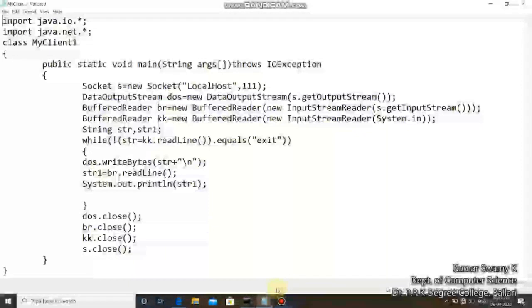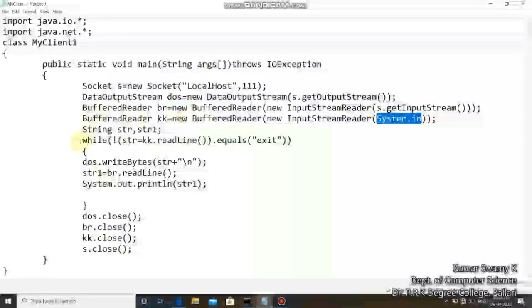In these two programs we have used two buffered reader objects. In the server we have used BR and BR1, in the client we have used BR as well as KK. So on the two sides we have attached the default input device, the keyboard, that is System.in, to the input stream reader. In turn the input stream reader is connected to the object KK, that is the buffered reader.